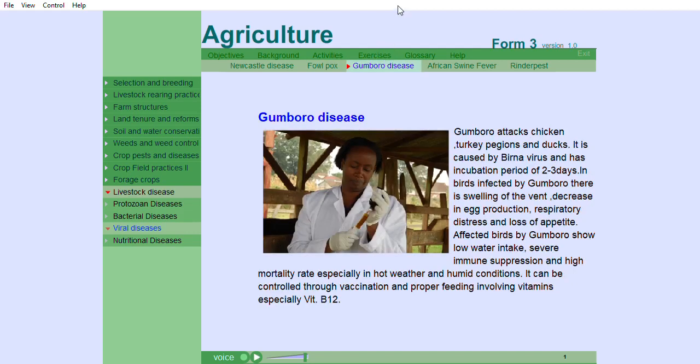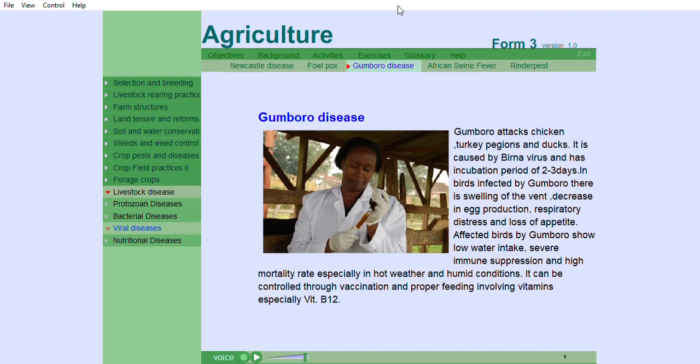Gumboro disease. Gumboro attacks chicken, turkey, pigeons, and ducks. It is caused by Birna virus and has an incubation period of 2 to 3 days. In birds infected by Gumboro, there is swelling of the vent, decrease in egg production, respiratory distress, and loss of